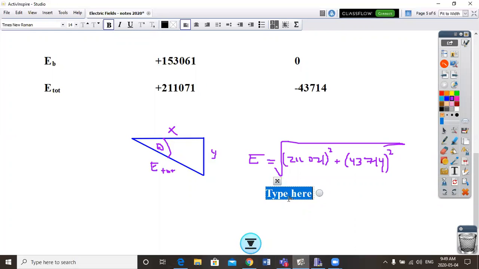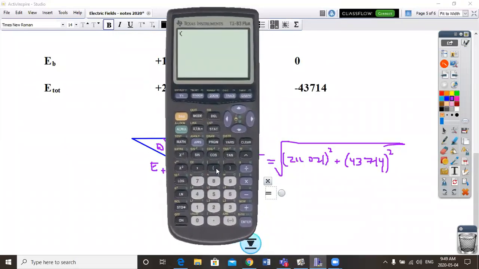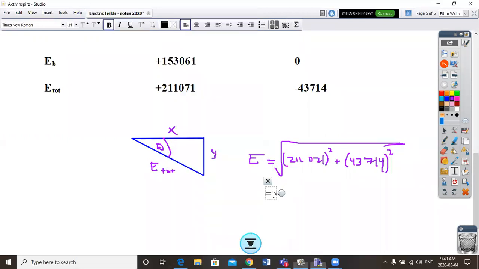Okay. That will equal, okay, 211,071 squared plus 43,714 squared. And then we take the square root, and you get 215,550. Okay,